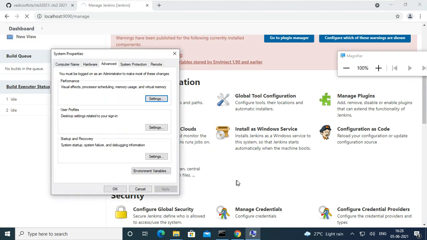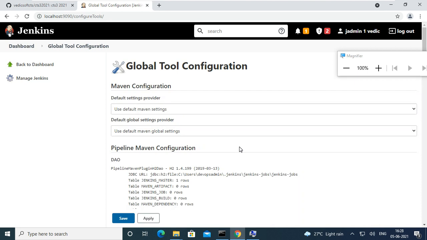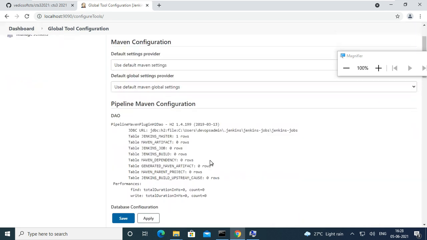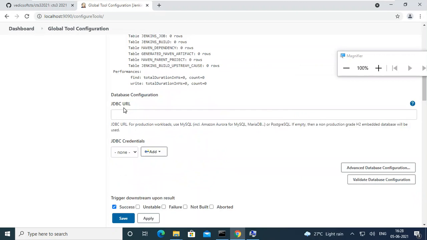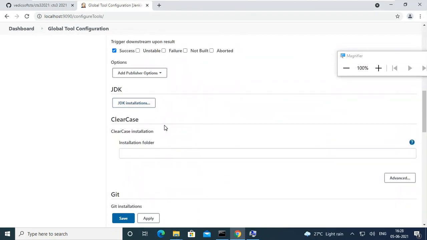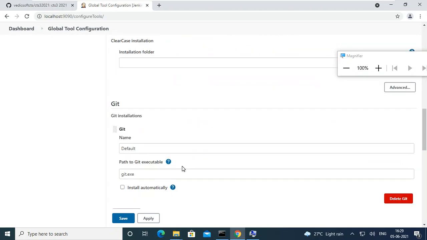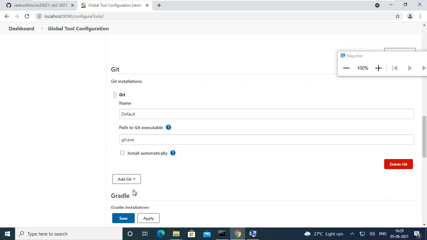So if you want to connect with those applications, you must set up the environment variables. Very good. Yesterday we saw Maven was there, but pipeline Maven was not there. Now it is there. JDK was there, we put a JDK, but we didn't put Git. Sorry, Git.